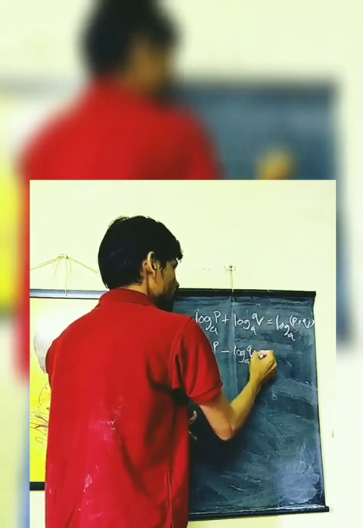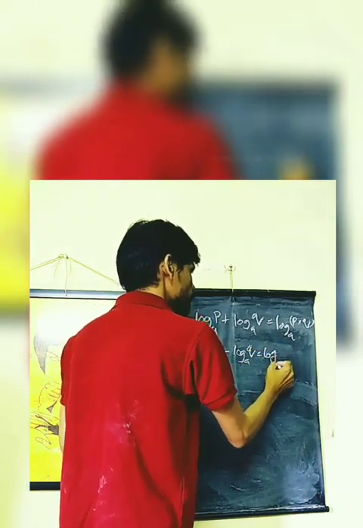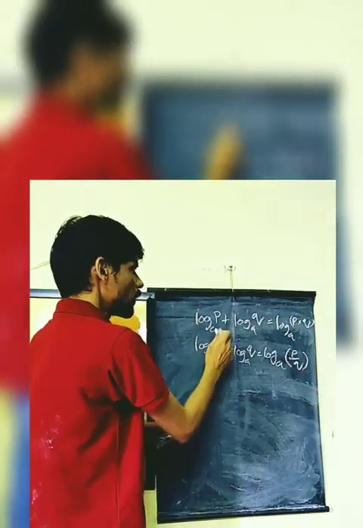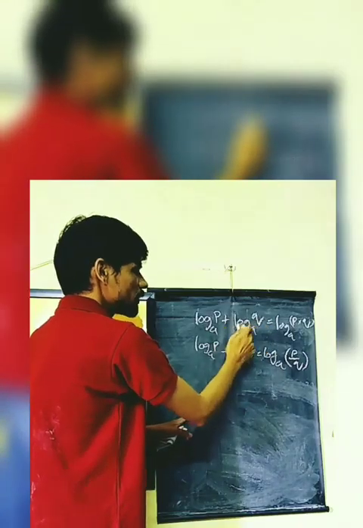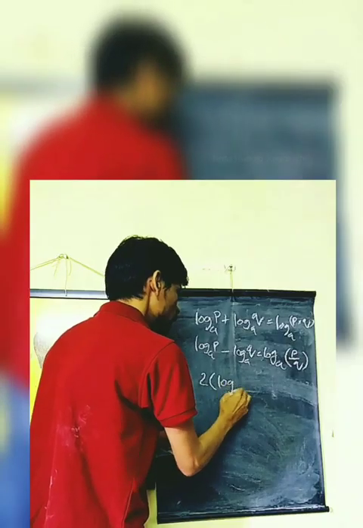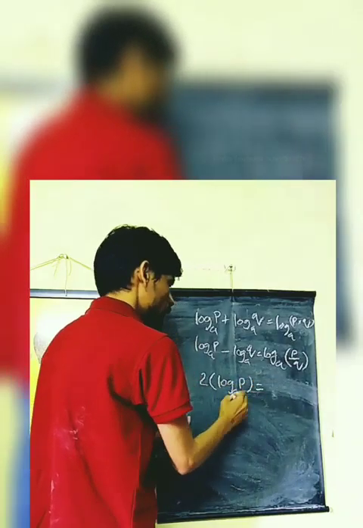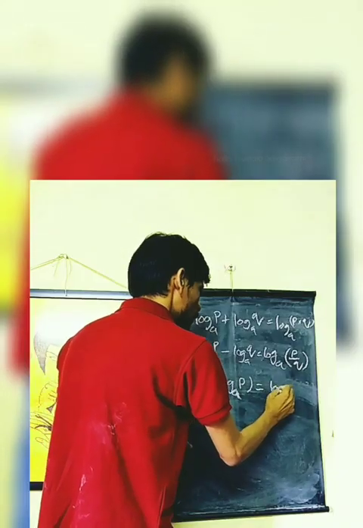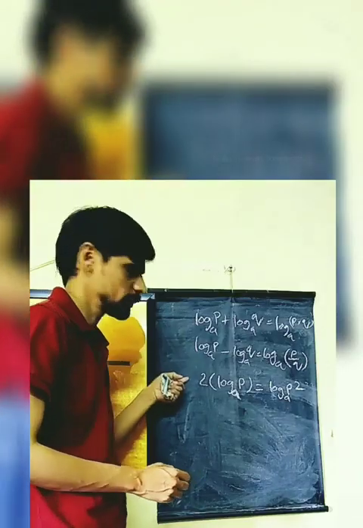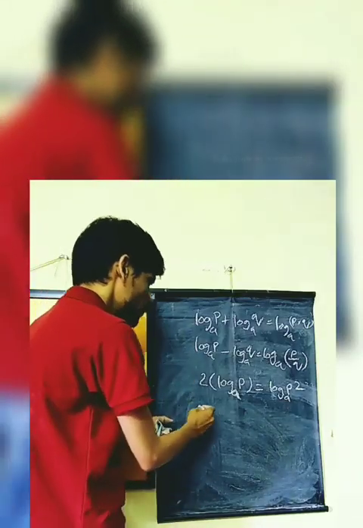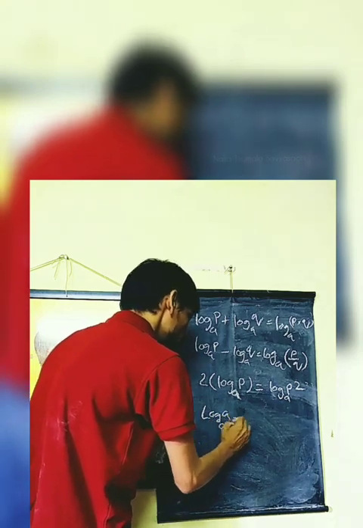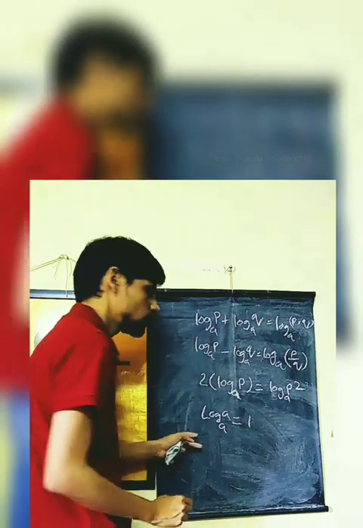Yes, we will do a division, p by q. If p and q are the same in this case, what will happen? 2 log a p equals log a p power, derived from this addition. Okay, these are three. And what else? When we have log a base a, it always leads to